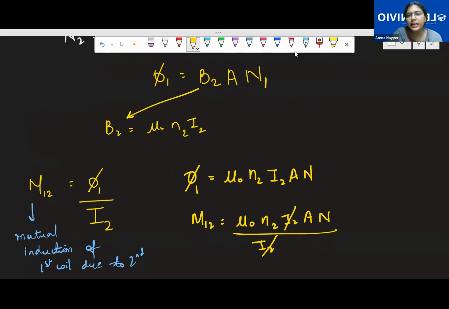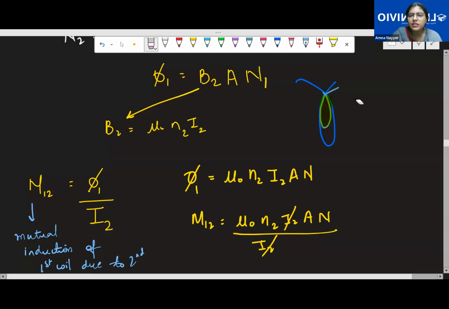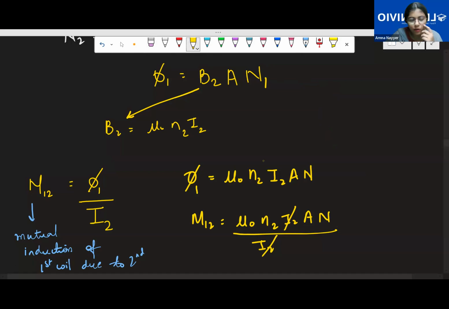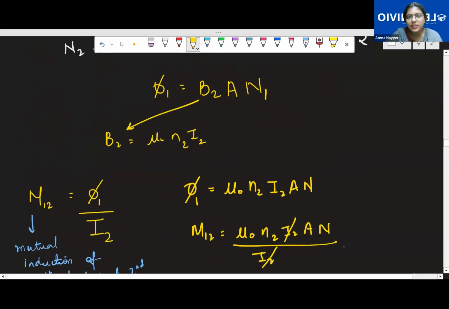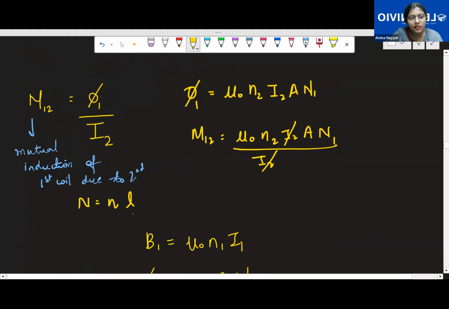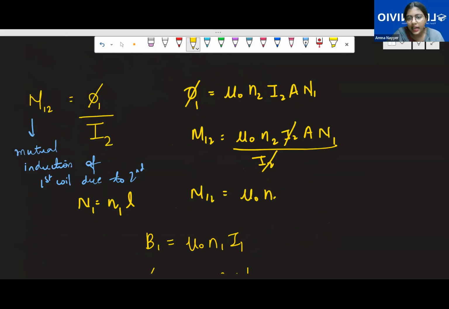Why? If I take, let's say, one coil is this, the other coil is just this. So the common part present is this one only. Magnetic field cannot come out of the greater one. So that's why it will have the same area. The effect you will see in the same coil. So if this is 1, this is 1, this is 1, so N1 into length is the same. So mutual induction, finally we can say, is mu naught n2 into N1 into L into area.